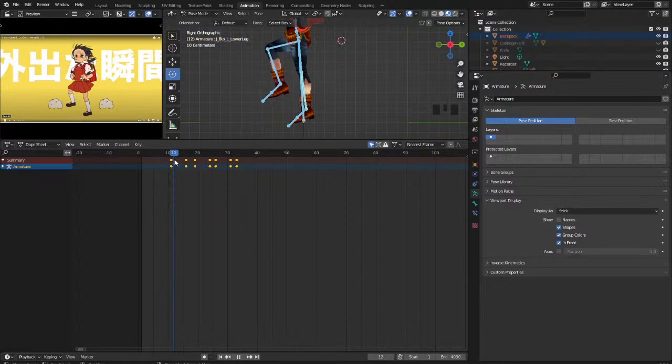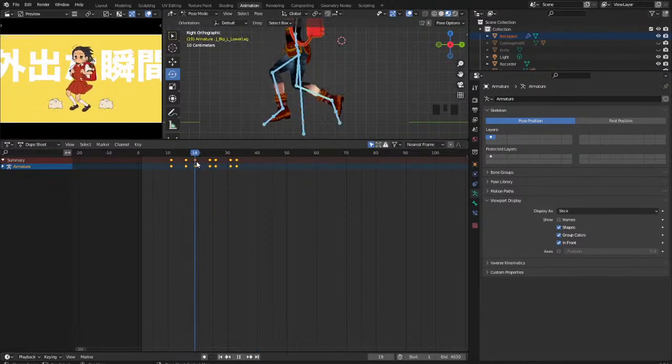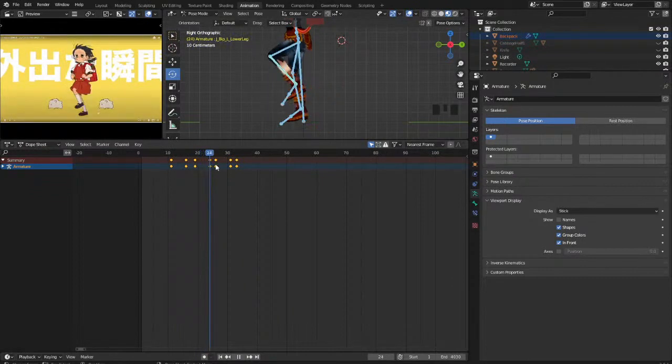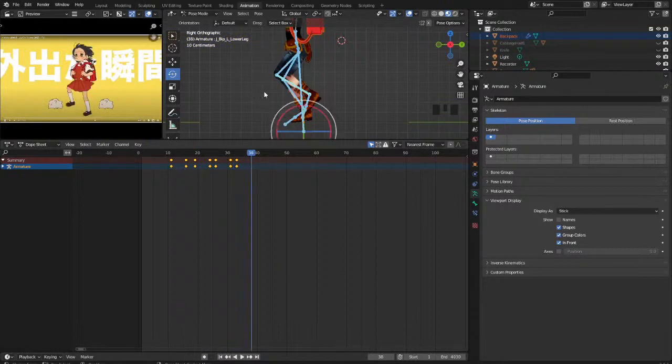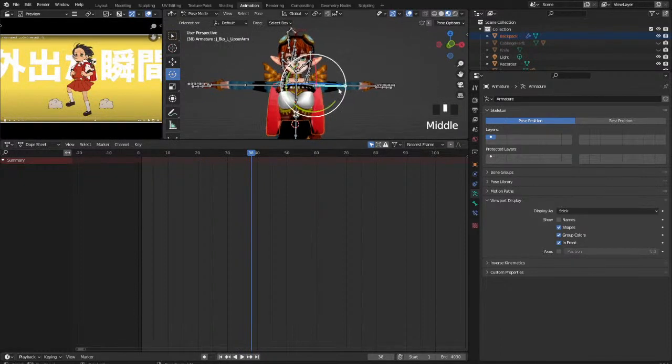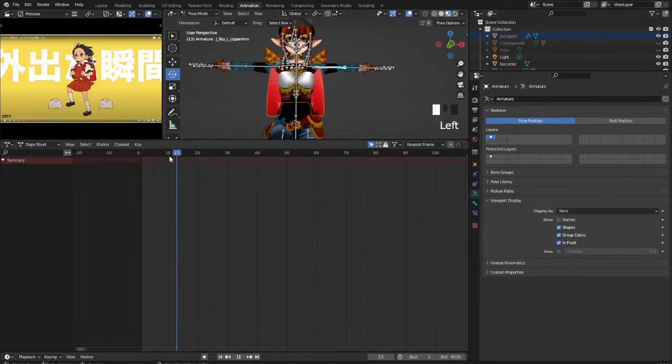Okay, so we got high left, and it goes jump, and then it's contact, and then it does it again on the other side, and then contact, and then passing. Okay, there we go. There's that much. So much, so merry. So let's go to the front, and we're going to add